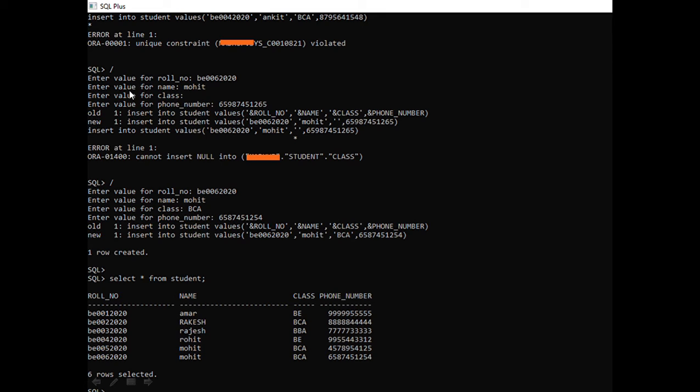The same thing you can see, the same name may be there. For example, this is Mohit. Mohit is already in my database. You can see here Mohit is two times. There may be, because name is not a primary key, the same name may be in a class, more than one name may be in a class, but both have a different roll number. So Mohit may be the same, class may be the same. That's why it is inserted, it creates one row.